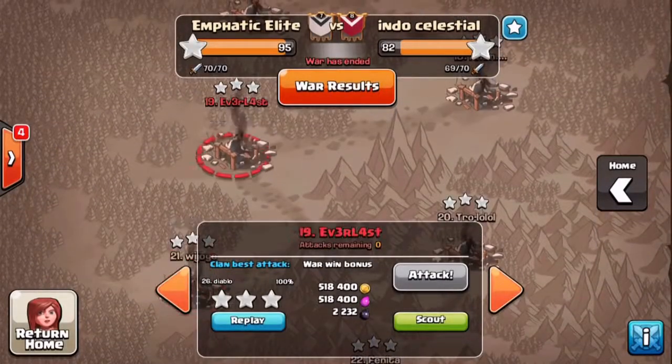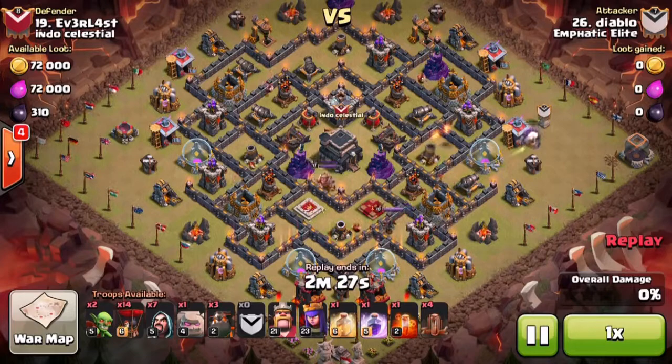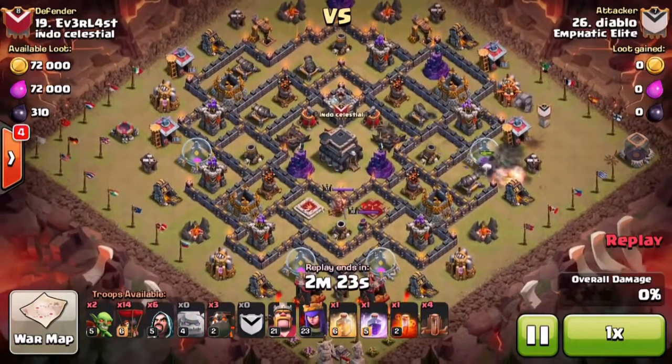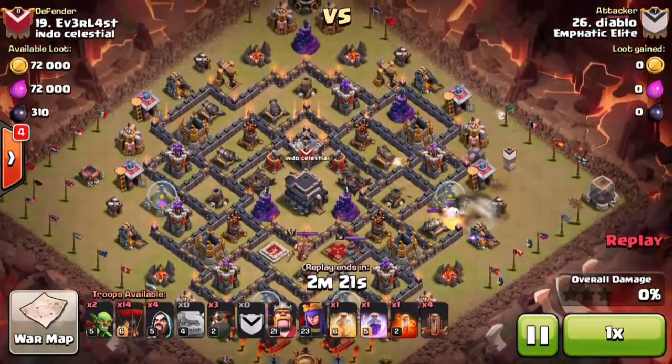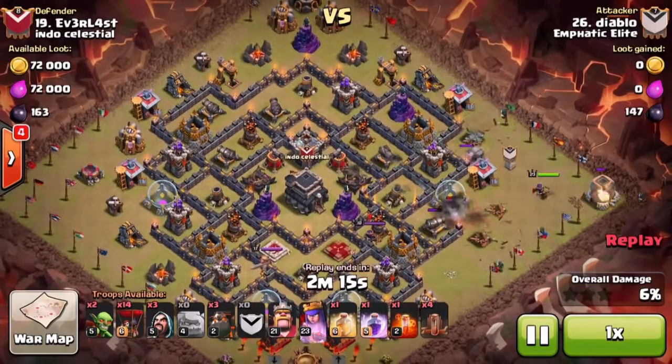Next one we're going to look at is by Diablo, which was done by Revved Up in our clan. So yeah, looking through, he's going for 2 air defences, so he's bought the 3 hounds, and he's got 2 golems, so creating a nice wide funnel. Fortunately, the queen's going to have to take that dark storage down, so the golems are going to be tanking